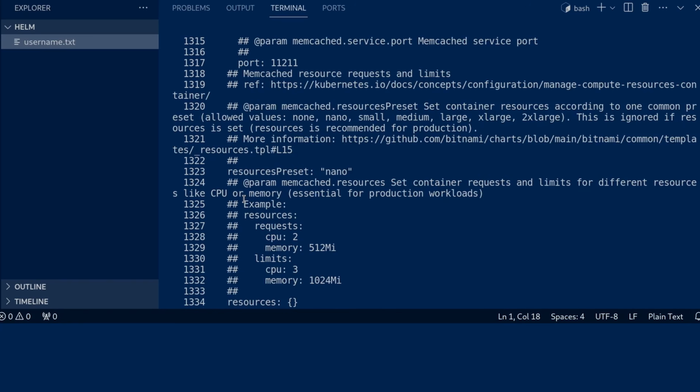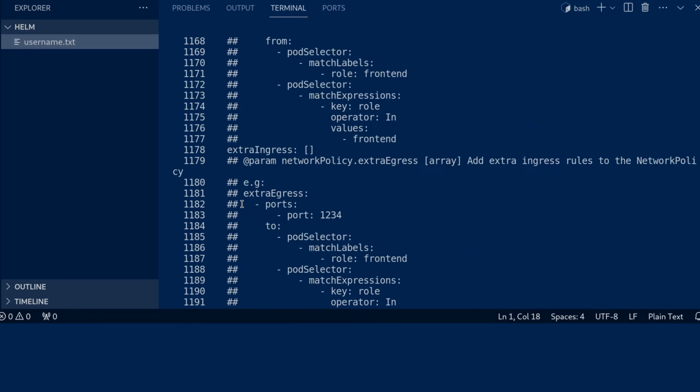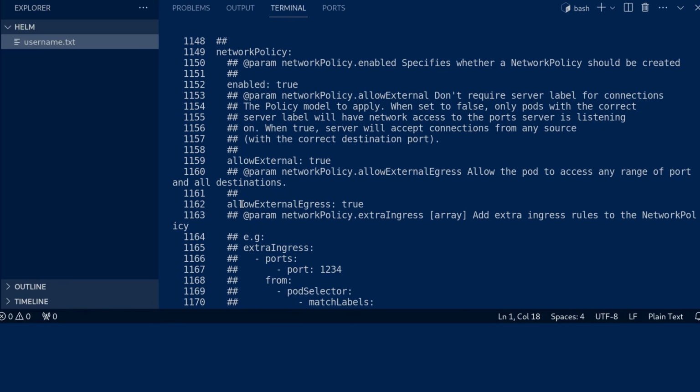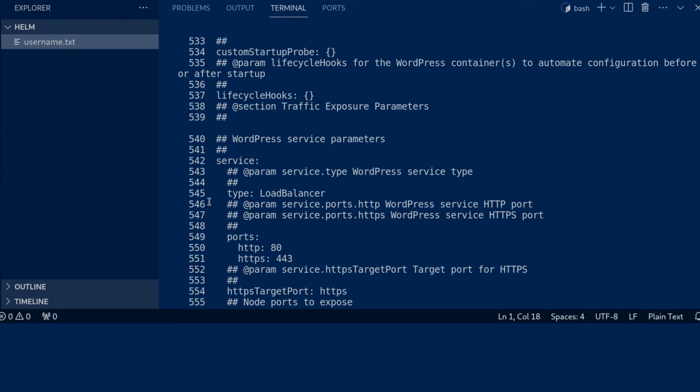So if we go to the line number 542, so here we find the service section when we create the services. Okay, so here we have a service of type load balancer, and here we see that it listens on two ports, the port 80 and the port